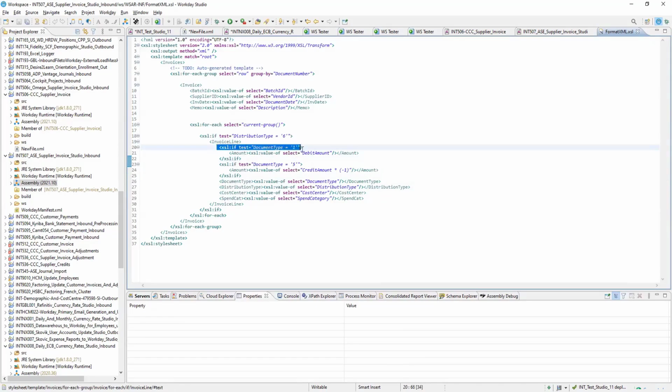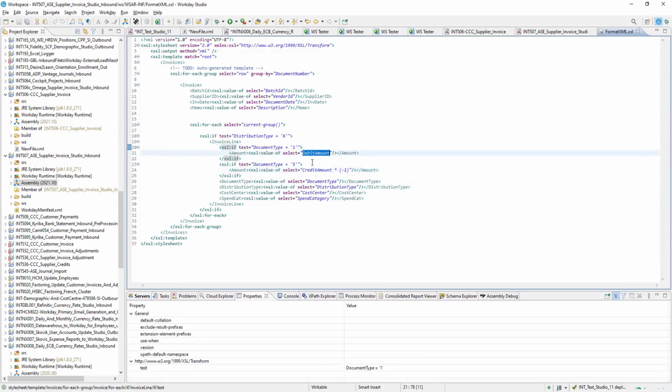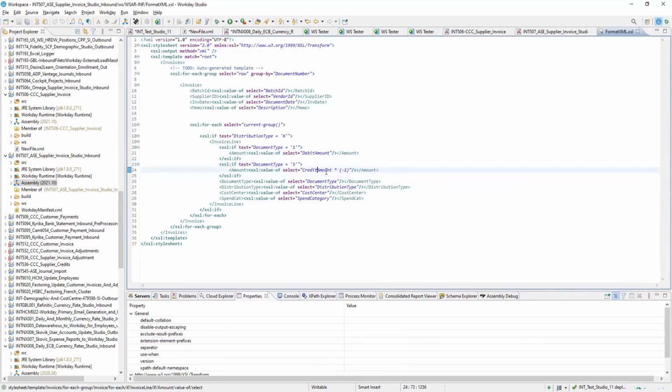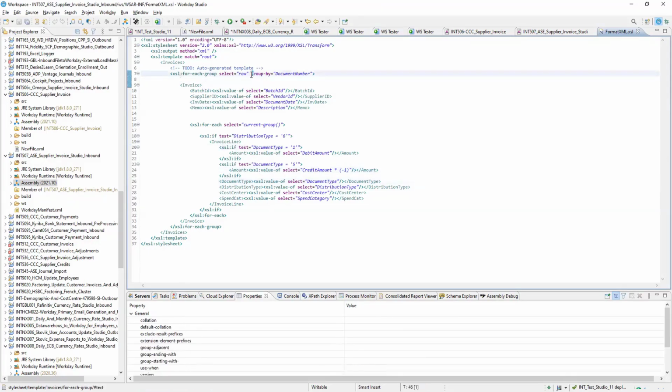I'm checking if and else, it was a business requirement. If the document type is 1, it is a debit amount; if the document type is 5, it is credit, debit, credit and all that stuff. But this is how you do grouping. You do a group by whichever field you have to group on, and then, for each current group, you can just select.